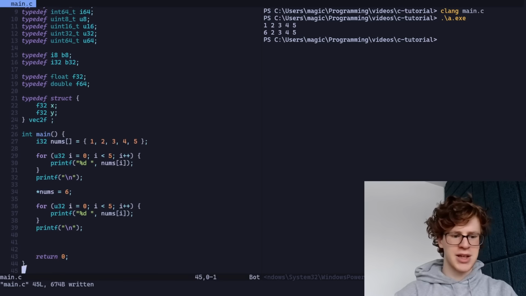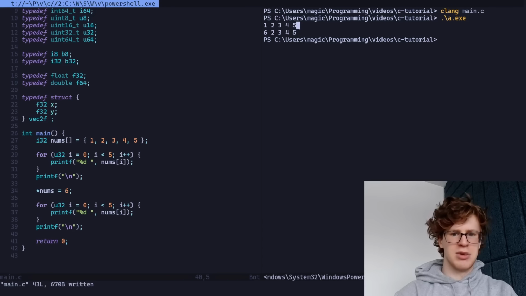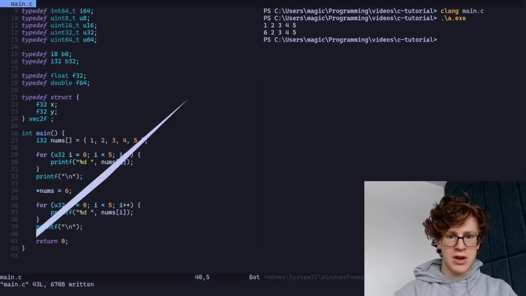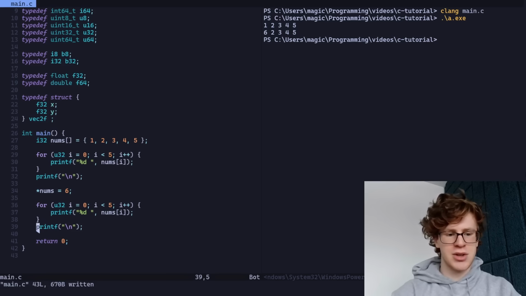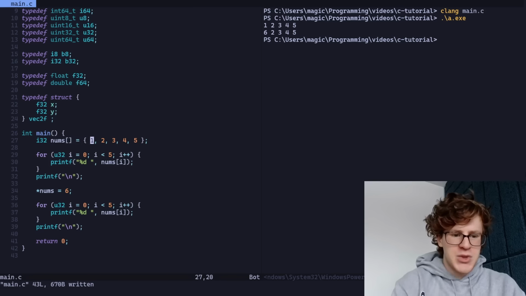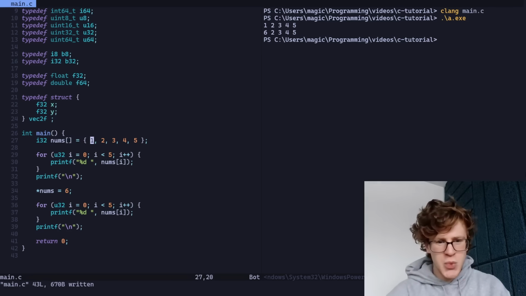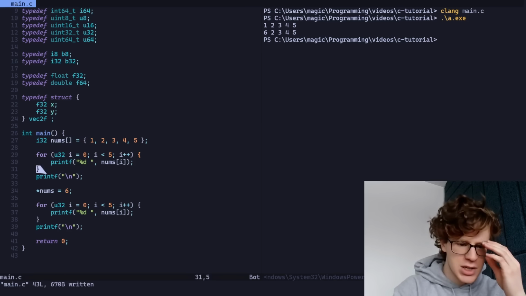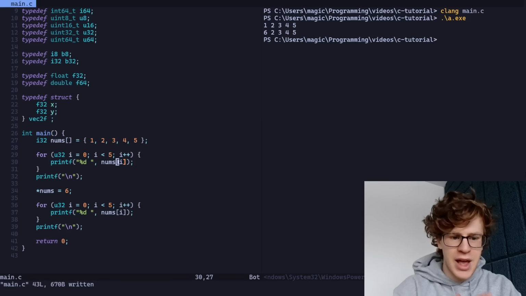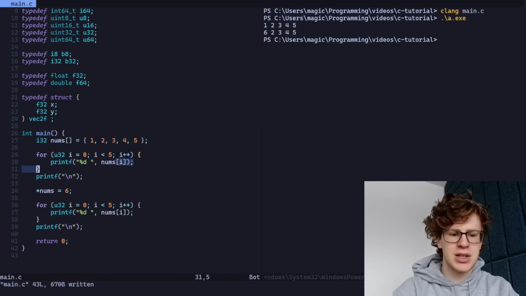Now you'll see it modified that first element. So nums, the variable, is just a pointer to the first element, which is really weird. So that begs the question: what does the square bracket thing actually even mean? And the answer is